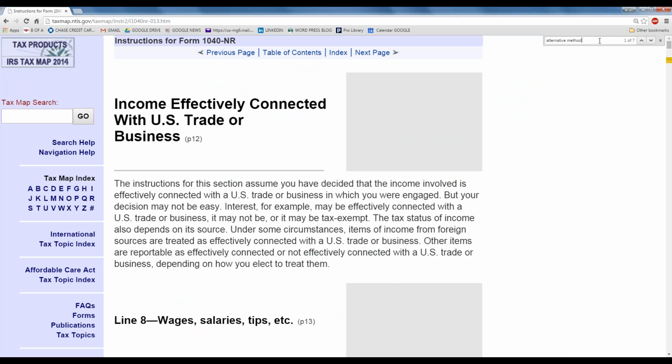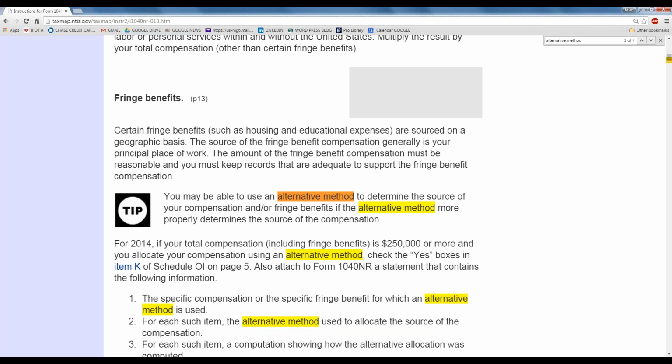So for example, I wanted to look up the alternative method for this video. I put in the alternative method, and they have it as a tip. This is a tax planning tip. So you're not going to get the tax planning tip in the instructions to the Form 1040-NR. You get the tax planning tip in this URL, and this is a great URL just to keep in mind to search with. So now we're open to some questions, and